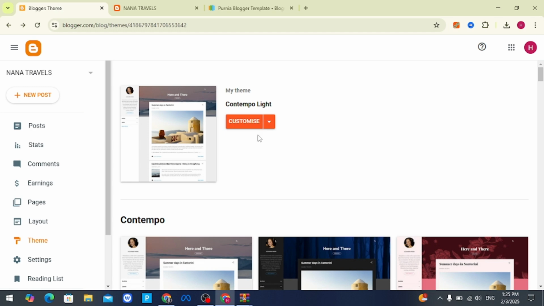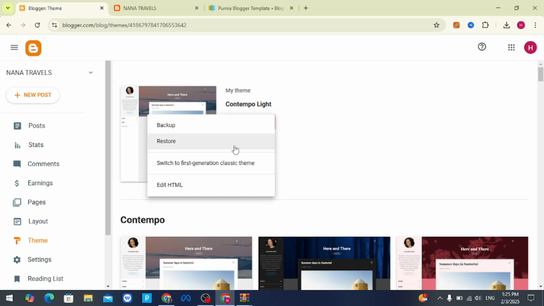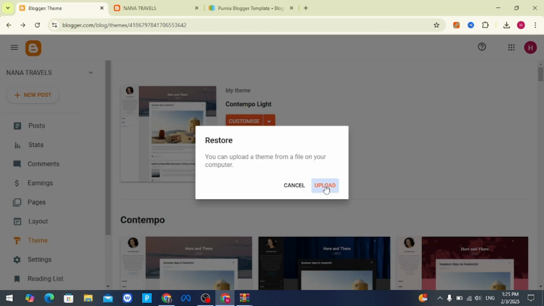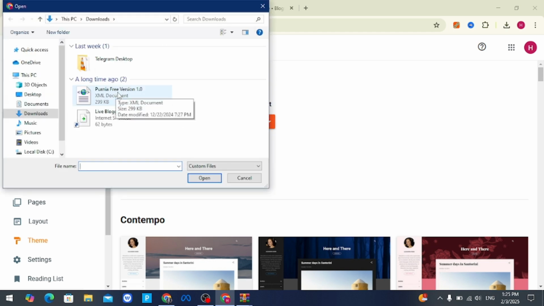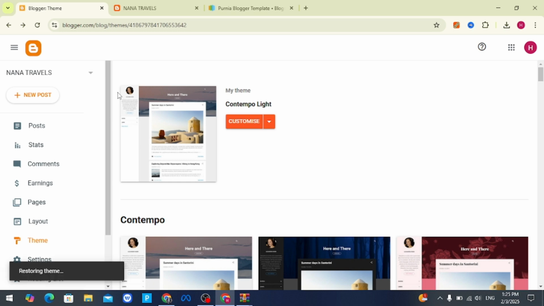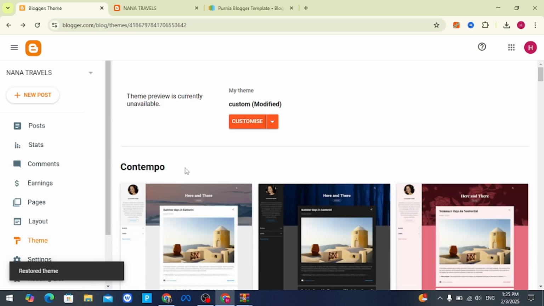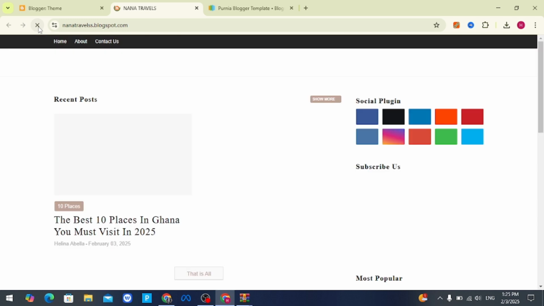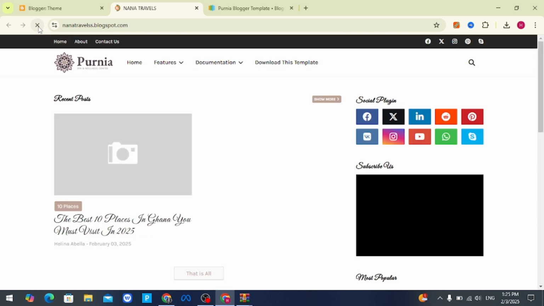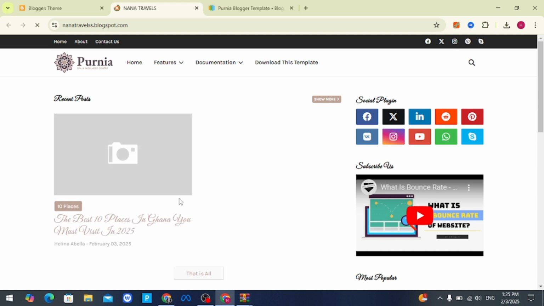Let's go to the theme, restore, upload. So now I click on the free version. If I click on it, as you can see, it says restoring theme here. So once it's done, I'm going to refresh my website and you're going to see the new look of this website. If I refresh, as you can see, this is the new look of the website,